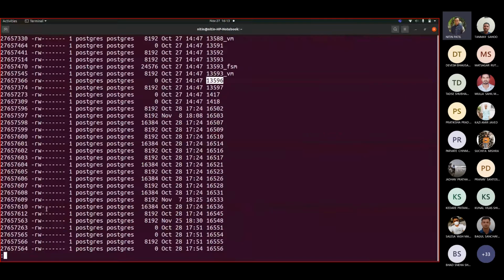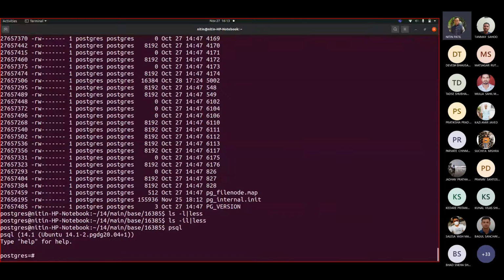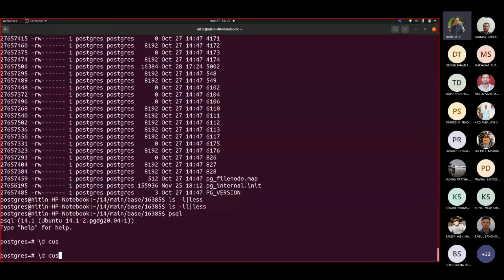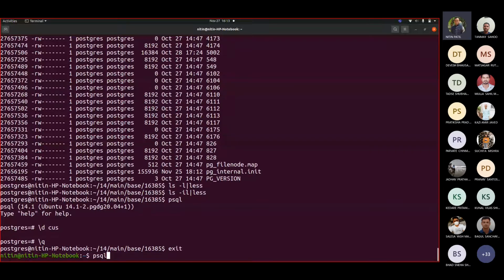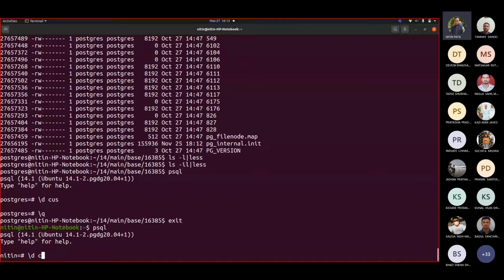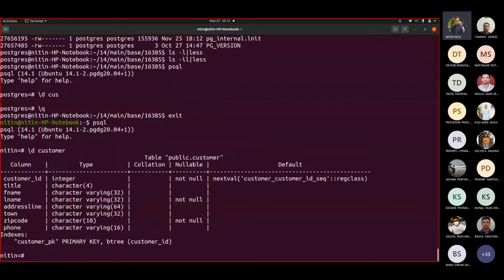Now, if I write psql, whenever I write \d customer, can you see there is customer PK? You see customer PK, which is the primary key defined by us while creating the table.